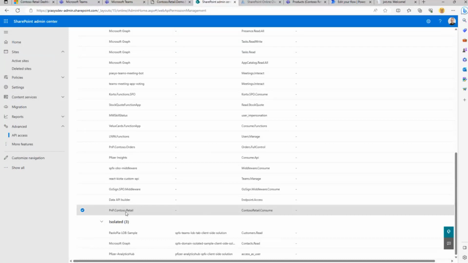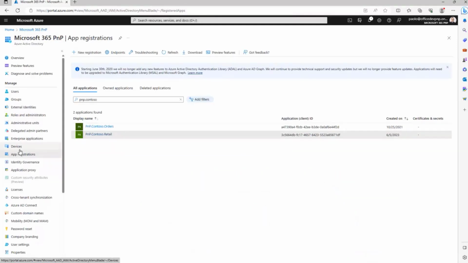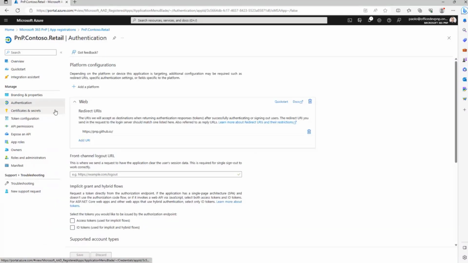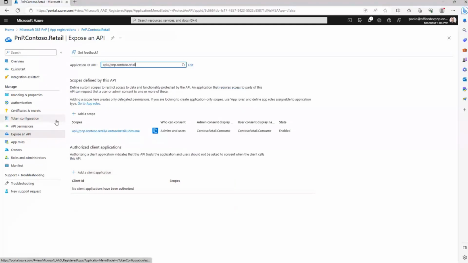Now, where do we find the definition of that permission? Well, let me go to my target tenant where I registered my application. In Azure Active Directory, in the target tenant where I want to publish the custom API, I simply need to go under app registrations in Azure Active Directory right here, and I need to create a new application registration, which is something that I have already done for my solution. If we go under authentication, we can see that this is configured to be a multi-tenant API, so I will be able to use it from multiple tenants, and I'm exposing this application as an API.